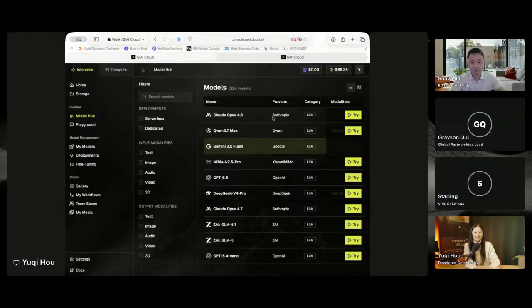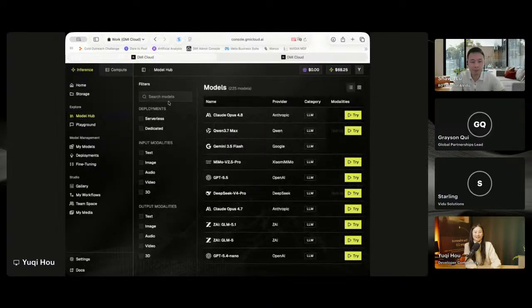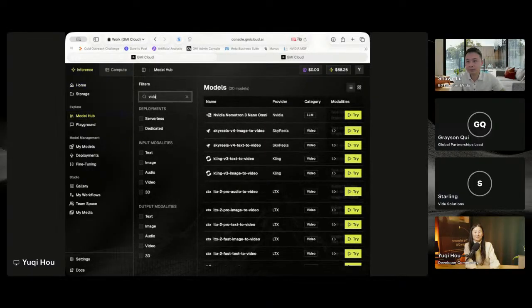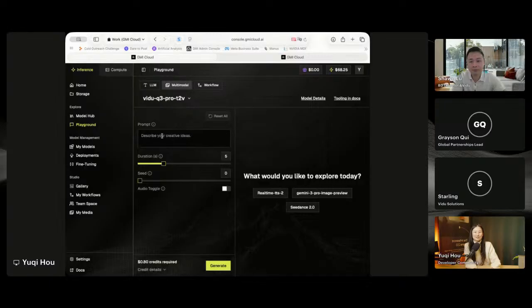Okay, great. So for those of you who are interested in seeing this on GMI Cloud's console, the way you can get to it is from our console, go to Model Hub, and then you can search up Vdoo. We have all of the Vdoo models here, and you can hit try it to see it. You can put in the prompt, your duration, and the audio toggle.